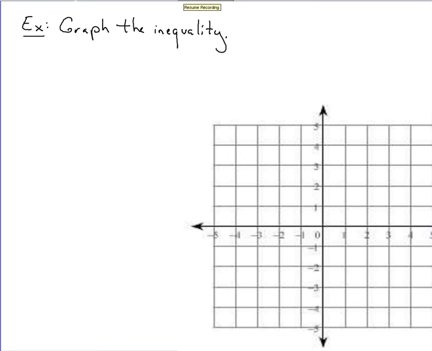First inequality. We're going to graph y is greater than 3/4 x minus 2. To graph any inequality, I take what I know about graphing linear equations already, and whenever I have something that's